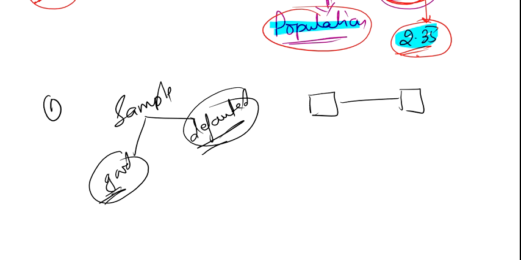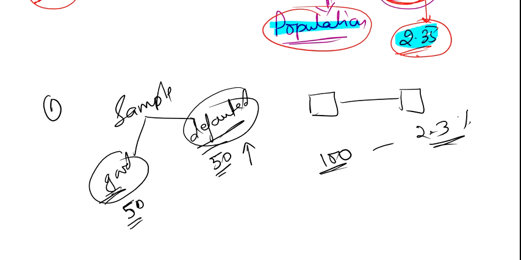But there is one problem: if I have included, suppose, 50 good firms and 50 defaulted firms, what will happen? Then I am overestimating my default, because on average, if I have taken 100 samples, out of that only 2 to 3% of firms will default as per the real, actual data. So we are overestimating the default part. In order to overcome this risk, what we can do is calibrate our sample size. Got the idea?